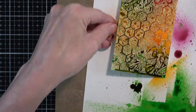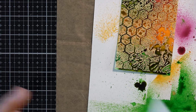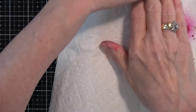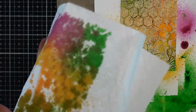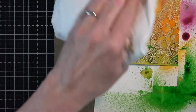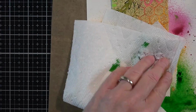So then we'll let that absorb just for a few seconds. And I'm running out of paper towels, aren't I? And now we're going to blot it down. Oh, look at that. Isn't that pretty? And we'll see if it did indeed come away from the